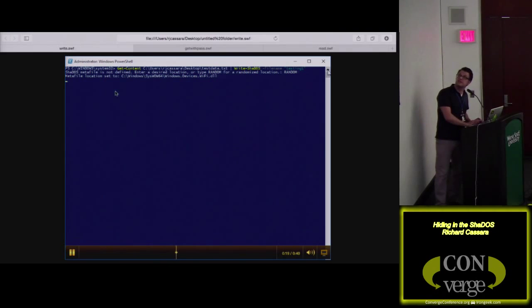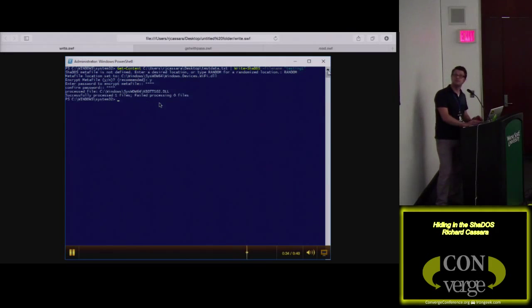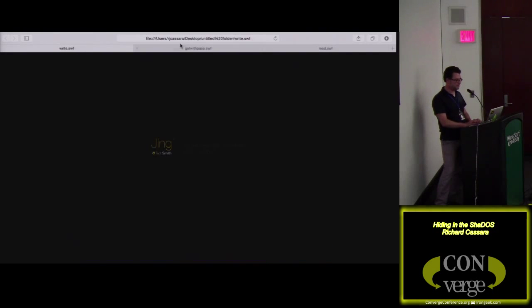Then it takes a moment to process before it asks me if I want to encrypt this. It says yes, no, and it's recommended. I say yes, I type in a password, I confirm the password. If the confirmation fails, it won't let you do it. And then it goes through and says it has successfully processed that file.